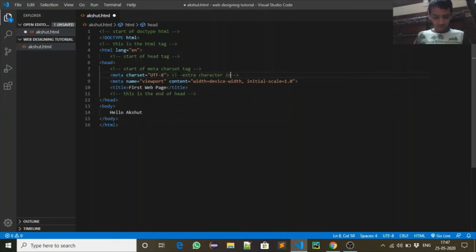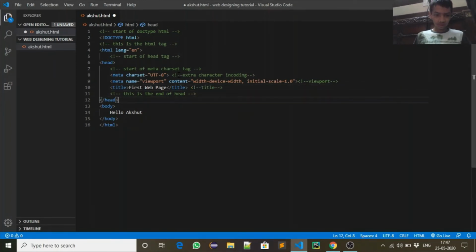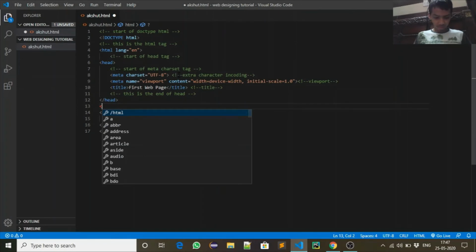Character encoding. Viewport. Title. Start of body.